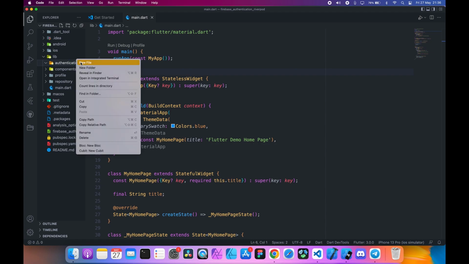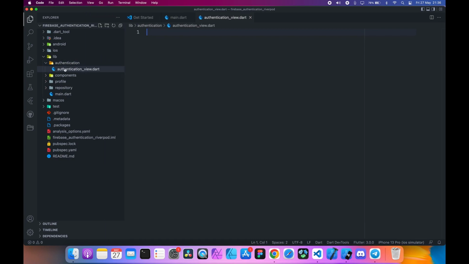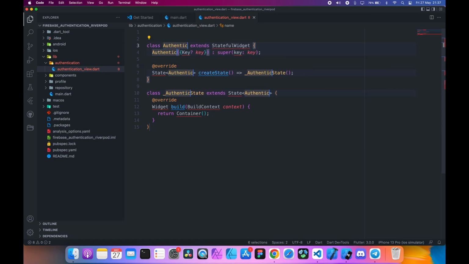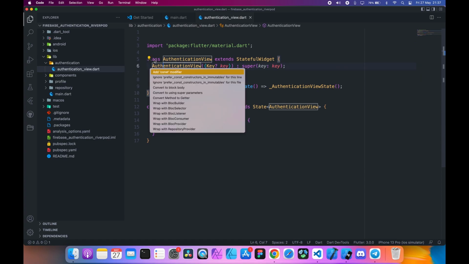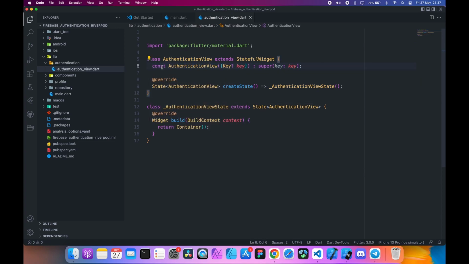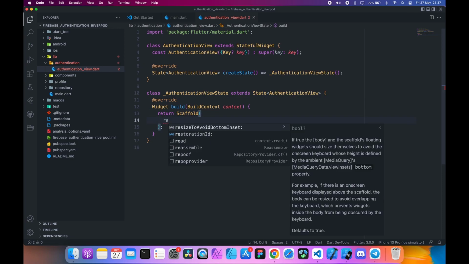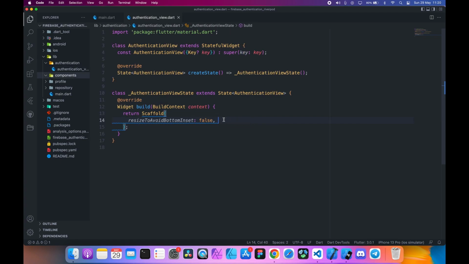Inside the authentication folder, create a dart file, call it authentication view. Inside that, create a stateful widget, AuthenticationView. Import material, return a scaffold from the build method. Set resizeToAvoidBottomInset to false. This will prevent the scaffold body from resizing when the keyboard appears. Add a column to its body, and inside the column's children we are going to return our own custom text